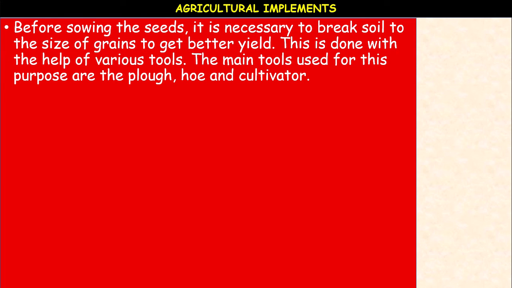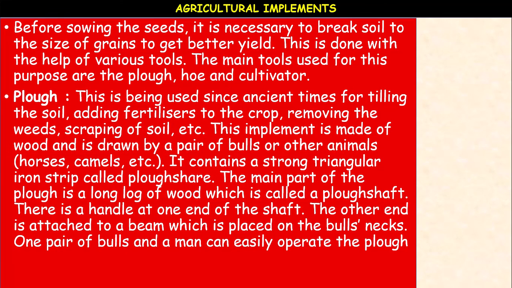So, before sowing the seed, it is necessary to break the soil to the size of grains to get better yield. This is done with the help of various tools. The main tools used for this purpose are plow, hoe and cultivator. What is a plow? It is an agricultural implement made of wood and is drawn by a pair of bulls or other animals. It contains a strong triangular iron strip called plowshare, which is attached to a,